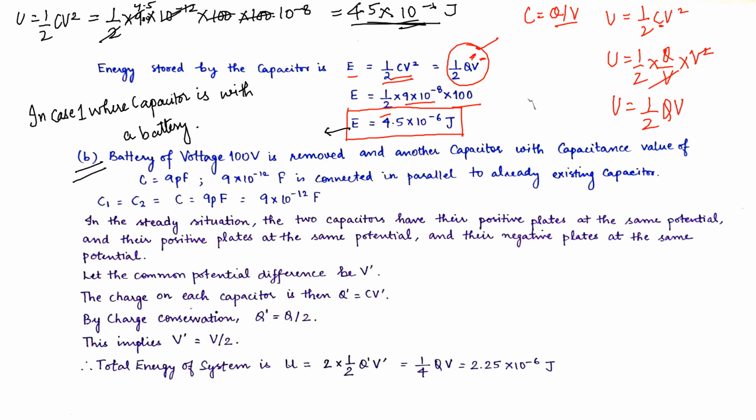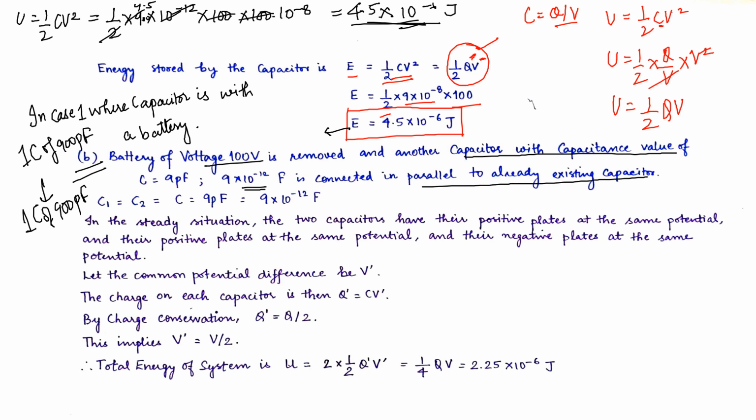Now we will see the case B. In these two capacitors, one capacitor of 900 picofarad is connected with another capacitor of 900 picofarad. Okay, so the battery of voltage 100 volt is removed and another capacitor with the capacitance value of 900 picofarad is joined, connected in parallel to the already existing capacitor. Now C1 equals to C2 equals to 900 into 10 to the power